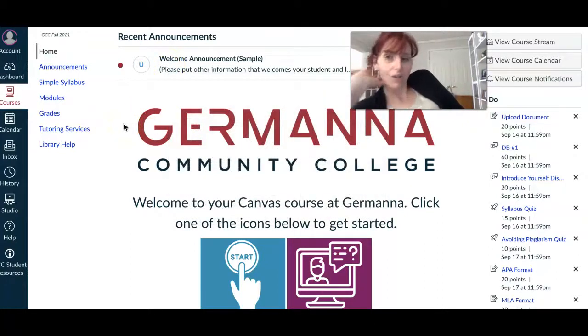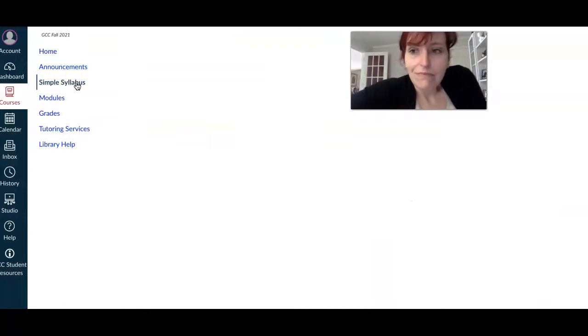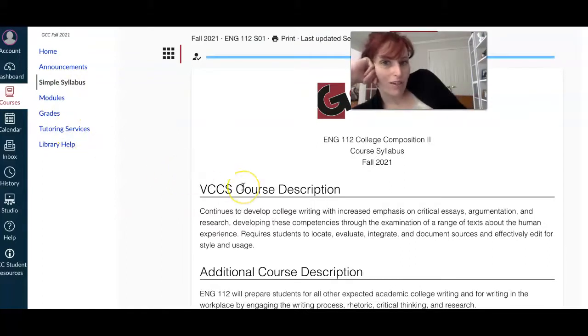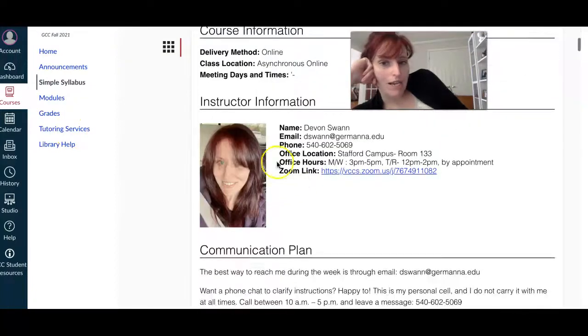The other thing that I want to draw your attention to is the simple syllabus. If you click on the simple syllabus, it's loading, it'll show up in just a second. Yes, there you see our syllabus for the entire semester. It'll give you a course description, my information,